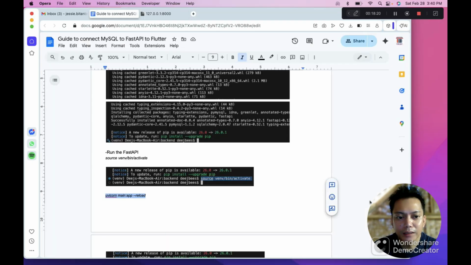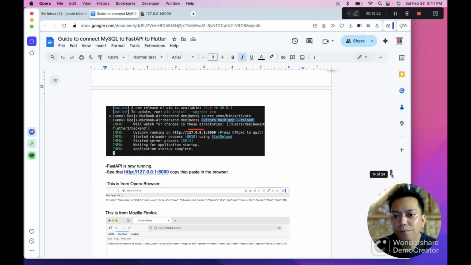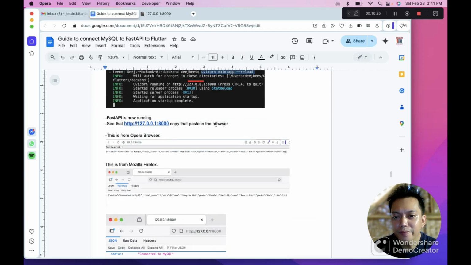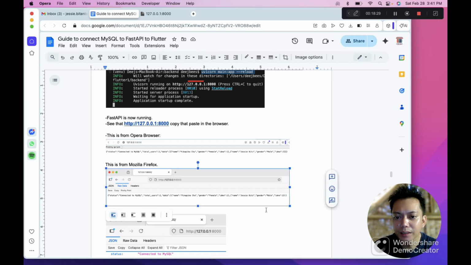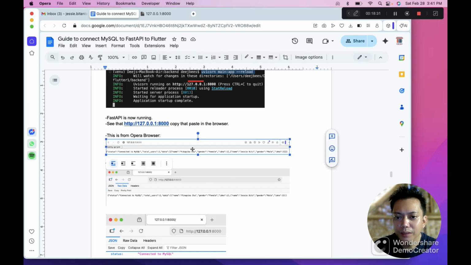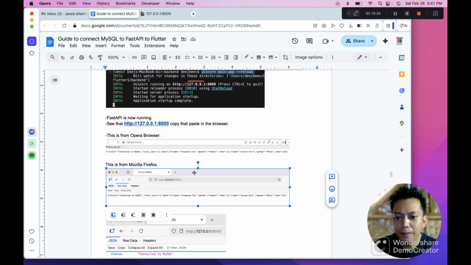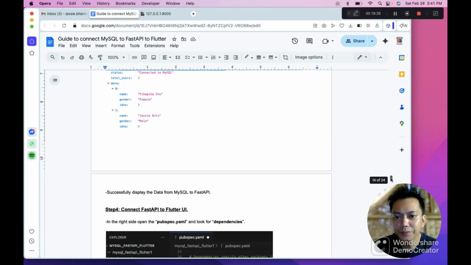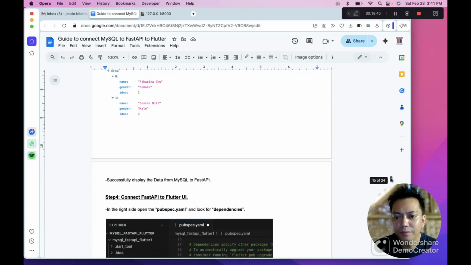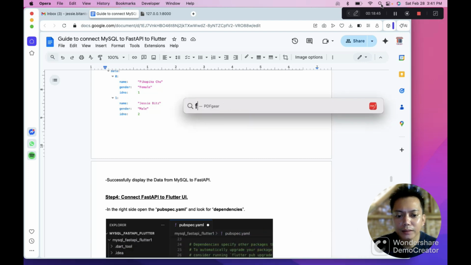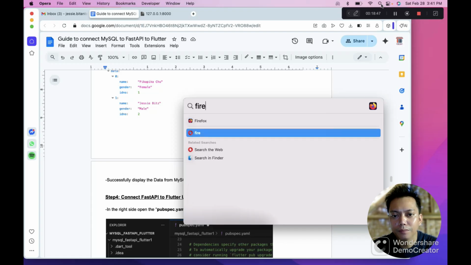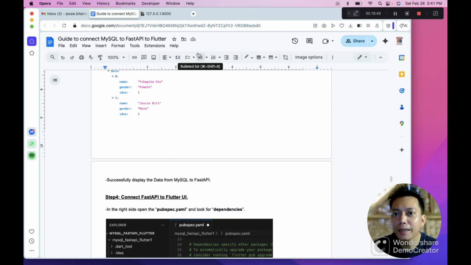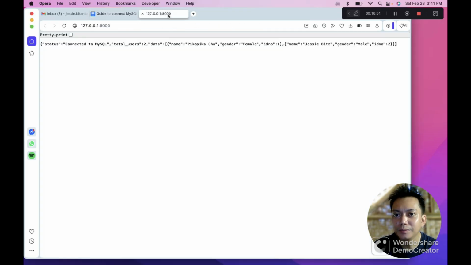Next will be, you copy the IP address and paste it in your browser. We have two browsers here, Opera and Firefox. So we're going to open Firefox, so we have an additional comparison.